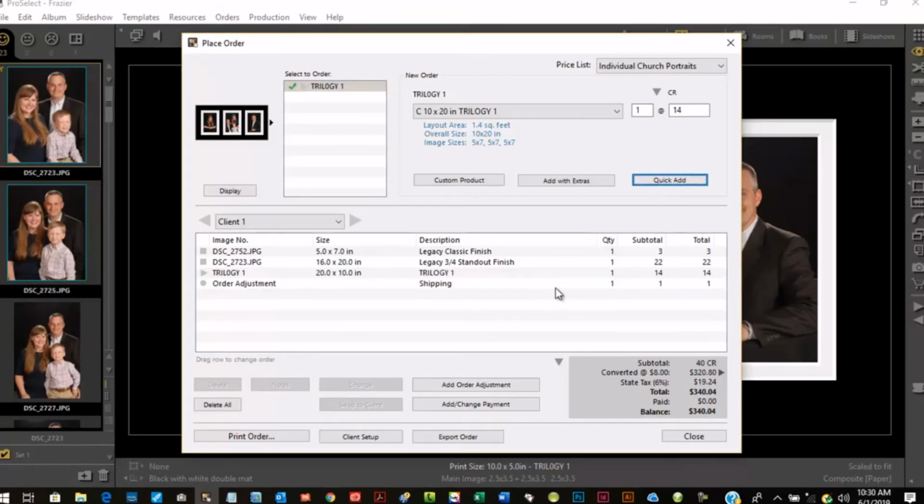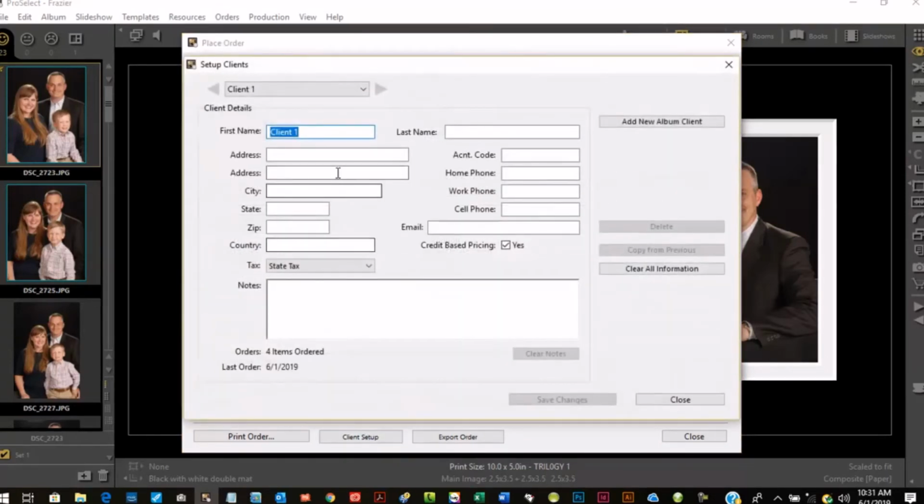Okay, and we charge 1 credit for shipping, so that's already built in. And then state sales tax, as you see, is already built in. So we're going to print out the receipt and close them out. So we click Client Setup, put in John Doe. And if you want to put in this information, you can. If you want to have a note on the receipt, you can put something in there. Allow 3 weeks for delivery, something like that. Save changes,